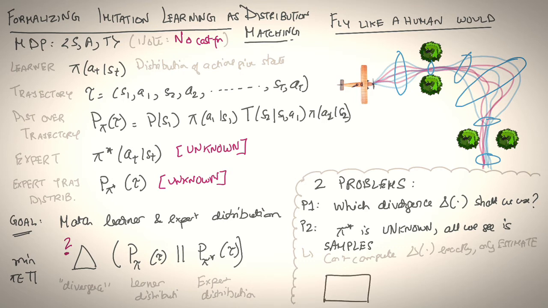So you notice there's an asymmetry at the heart of things, right? On the one hand, we have pi that we are solving for, so we know everything about it. On the other hand, we have pi star that is latent, and all we see are samples. This means that delta cannot be computed exactly, and instead we must build an estimator. Okay, so let's tackle these problems one by one and begin with the first problem, the question of what divergence